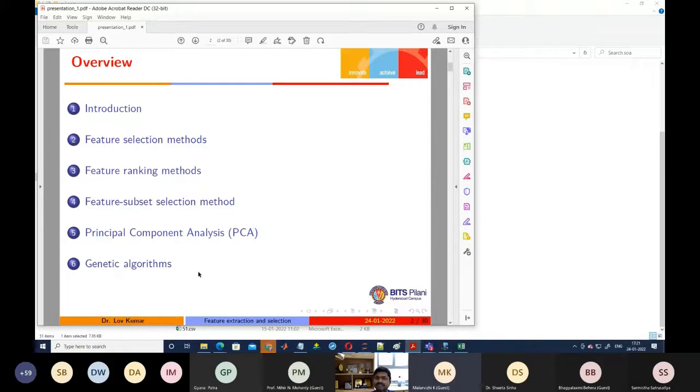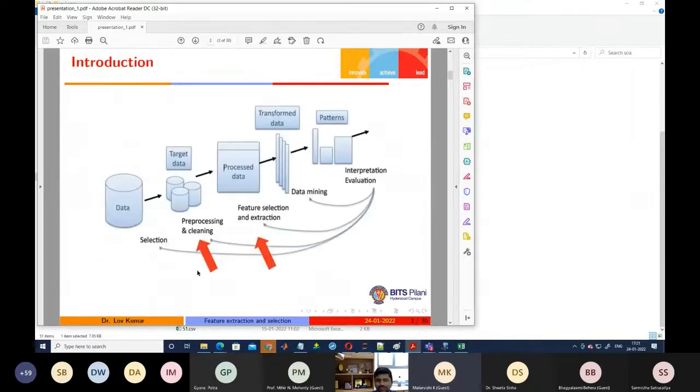Mainly this session will focus on the practical implementation of feature selection techniques. Going through the overall structure, first we take the data. Basically we are working with some historical data, and after that we use feature selection and feature extraction techniques with the objective of removing irrelevant features and selecting the best combination of relevant features.